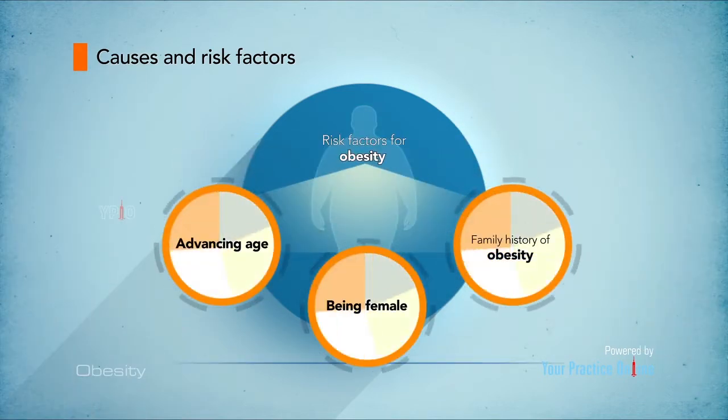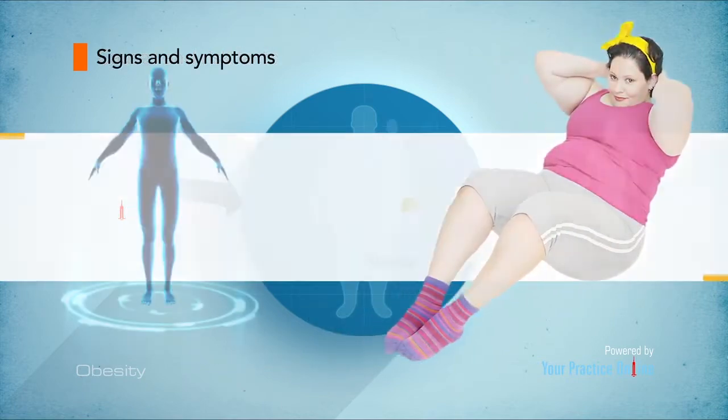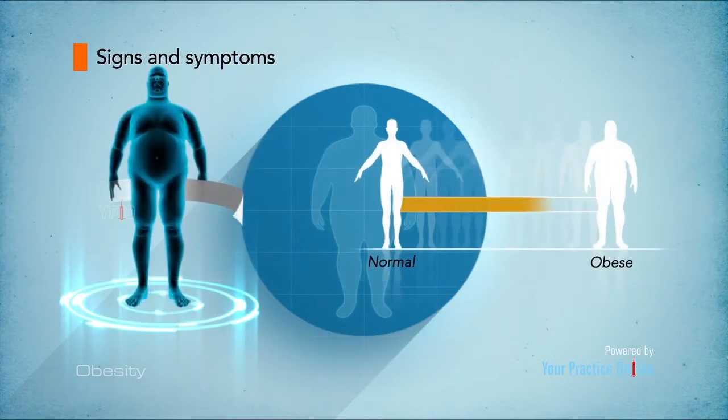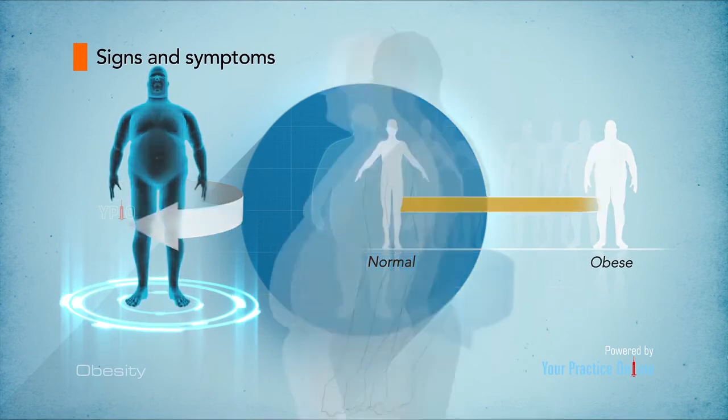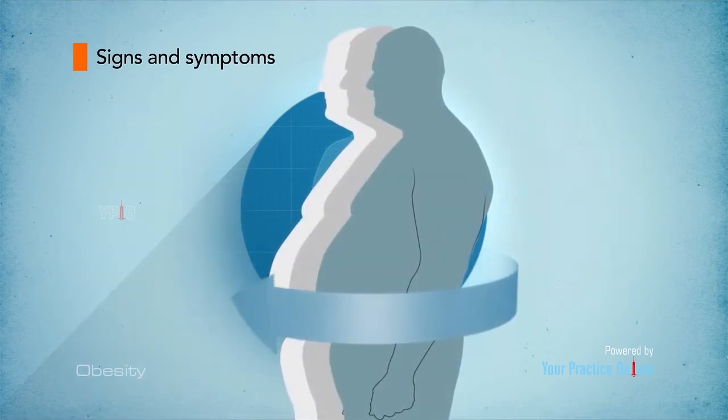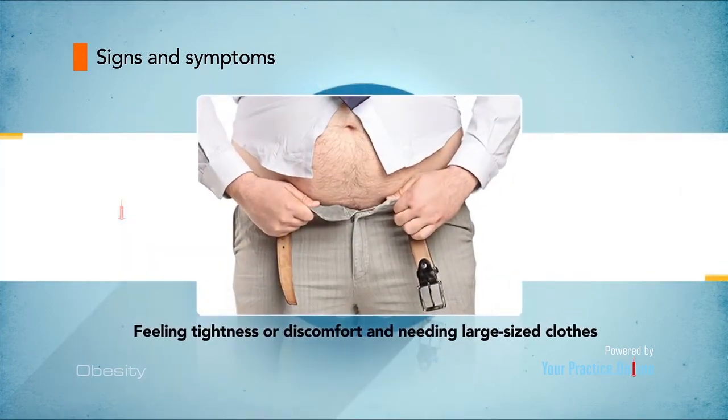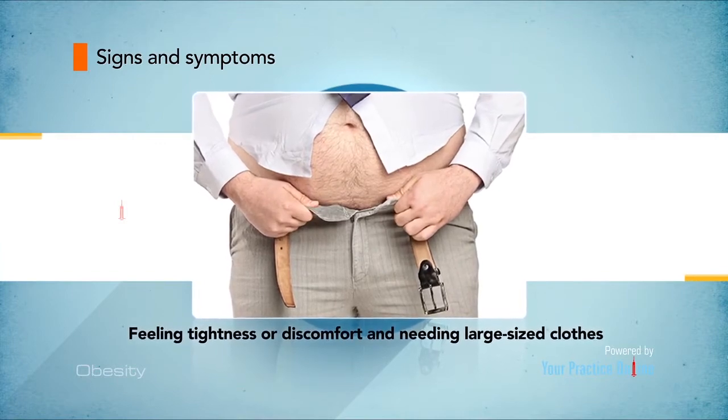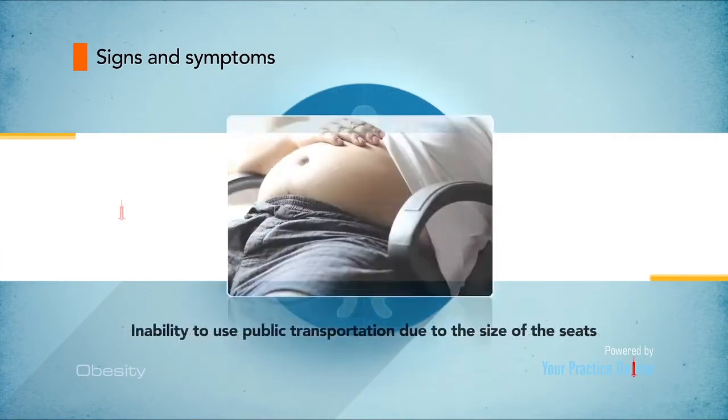Risk factors for obesity include advancing age, being female, and a family history of obesity. Signs and symptoms. Becoming obese is a gradual process. The usual signs observed in patients with obesity include feeling tightness or discomfort and needing large-sized clothes,